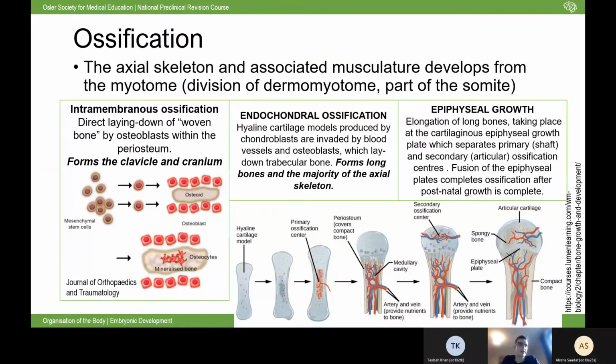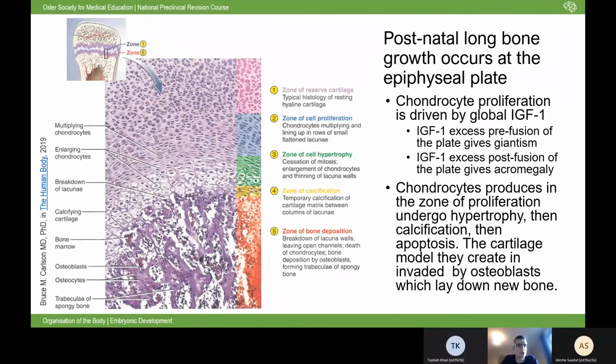A quick reminder of the 3 types of ossification that happen in the development of limbs. I'd draw your attention to endochondral ossification, which is the process by which your long bones form. That's where you get a cartilage model, which is subsequently invaded by blood and osteoblasts within the shaft, the primary ossification center, and also at the head, the secondary ossification center. We then get this process of epiphyseal growth, which is where long bones don't fully fuse until after puberty, and that allows long bones to continue to grow